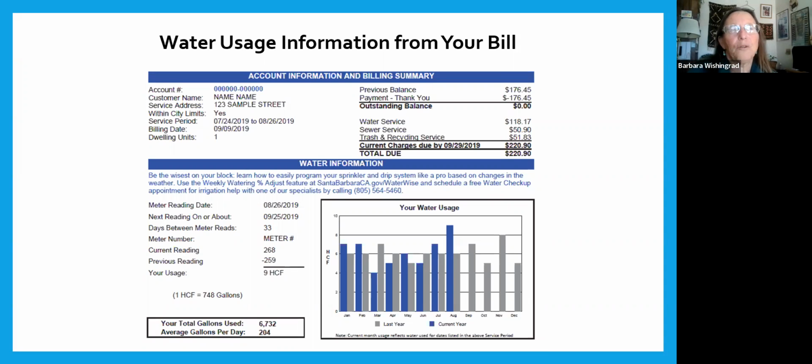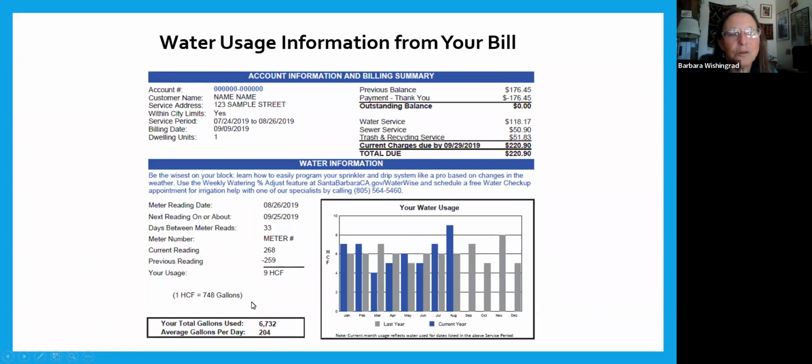So earlier when we were talking about earthworks and we converted gallons to cubic feet in order to figure out how big the earthworks needed to be to put that amount of water into the landscape, we used 7.48, and for 100 cubic feet, the number is 748. There's 748 gallons in each 100 cubic feet. So in this particular bill,